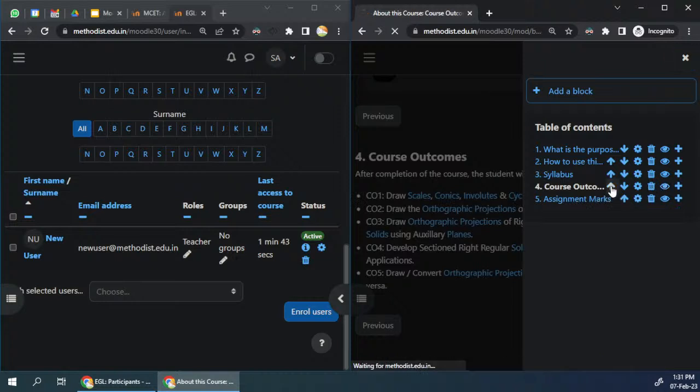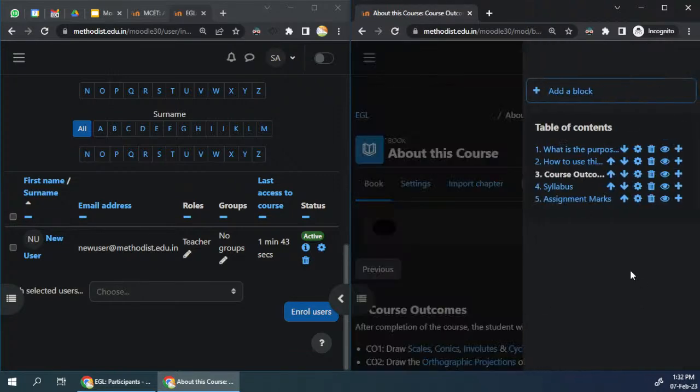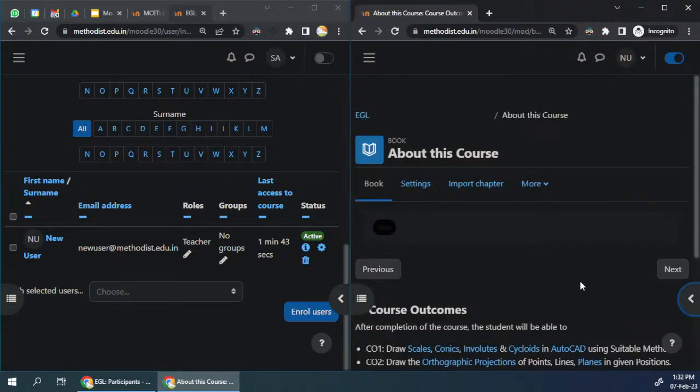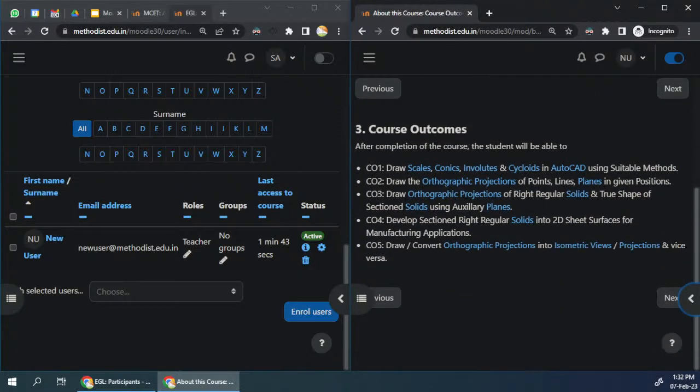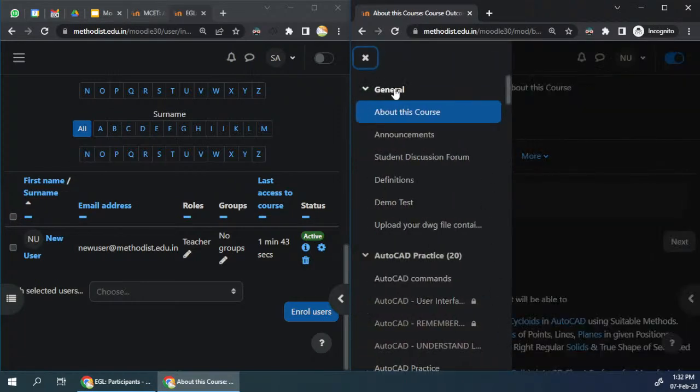I can move the topic up or down. If I want to change the contents of this particular course, I have to click on this gear icon. I can delete the pages, and so on. So this way I can edit the book, not just the book. If I go back here to the complete course,